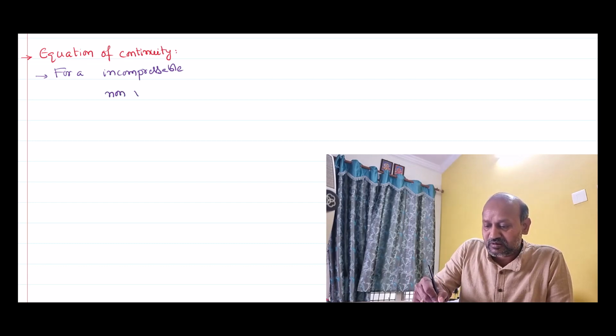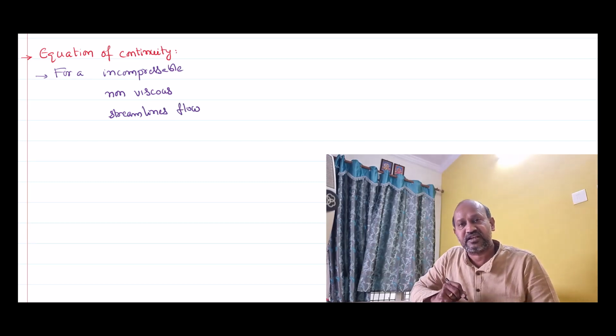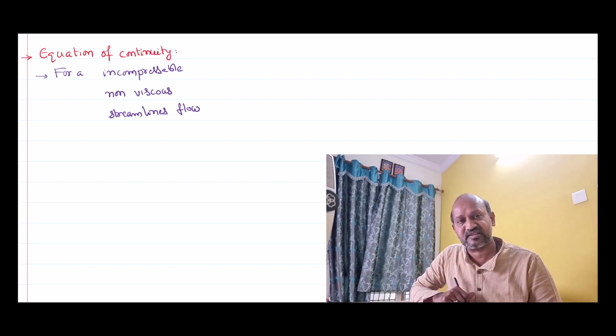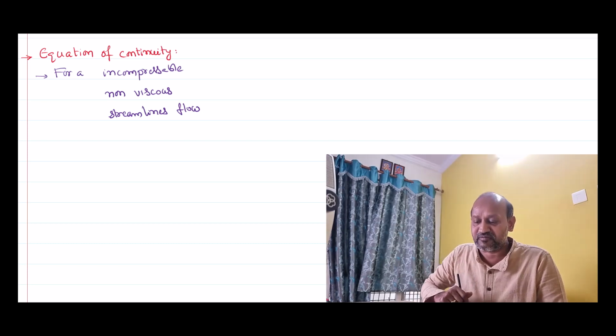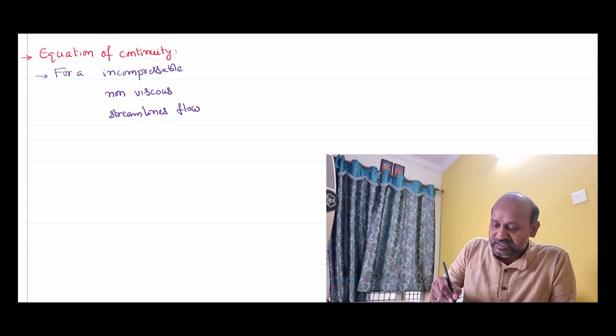non-viscous, streamlined flow. So there are three conditions around it. I'll explain each of the conditions immediately after the statement, but let me first complete the statement. Whatever it says is for an incompressible, non-viscous, streamlined flow, the equation of continuity says